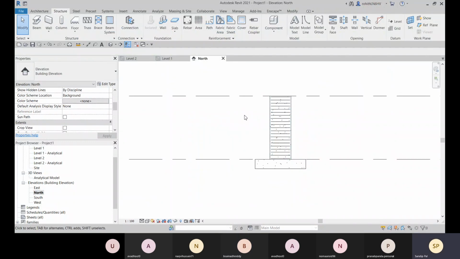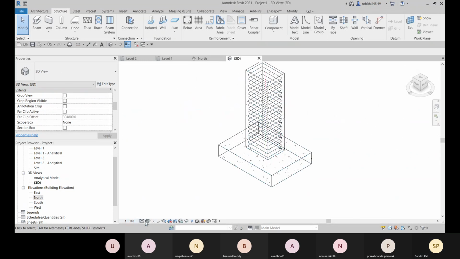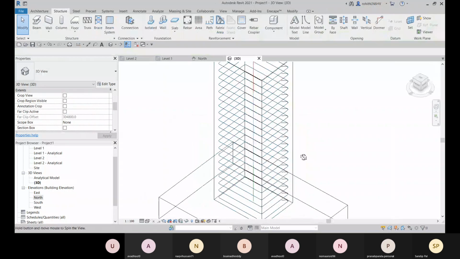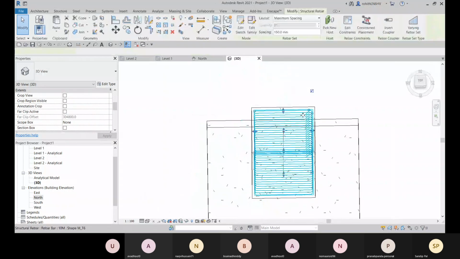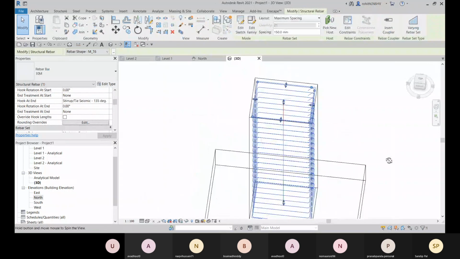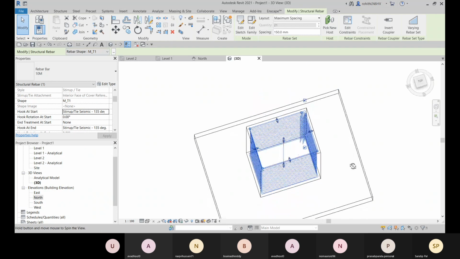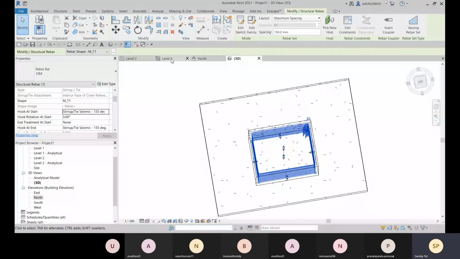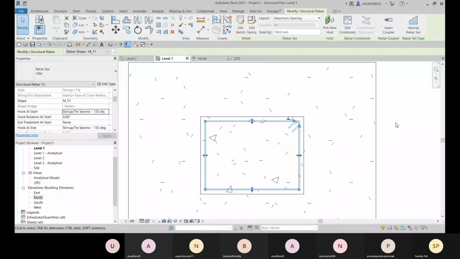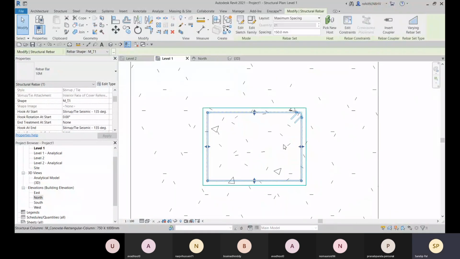Let me check from the north, and let me check from the 3D. Okay, so if you want to change the hook, you can change it.